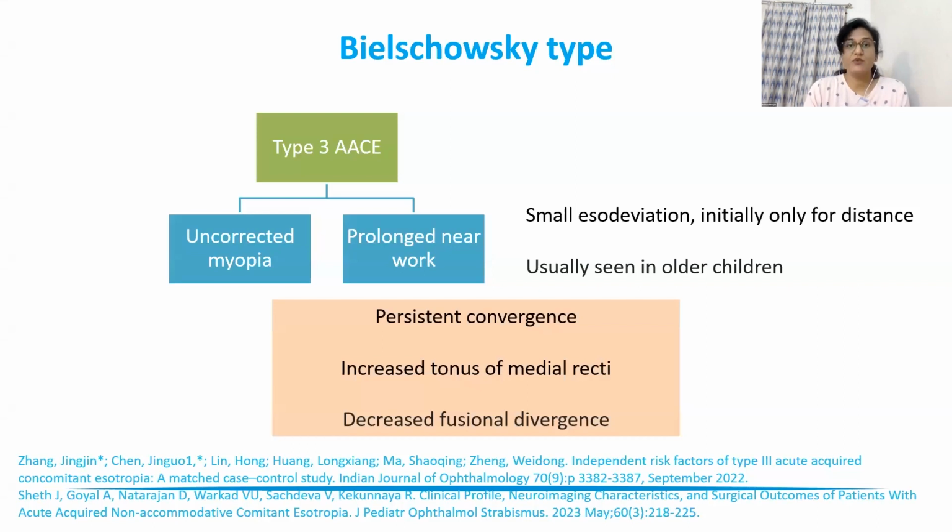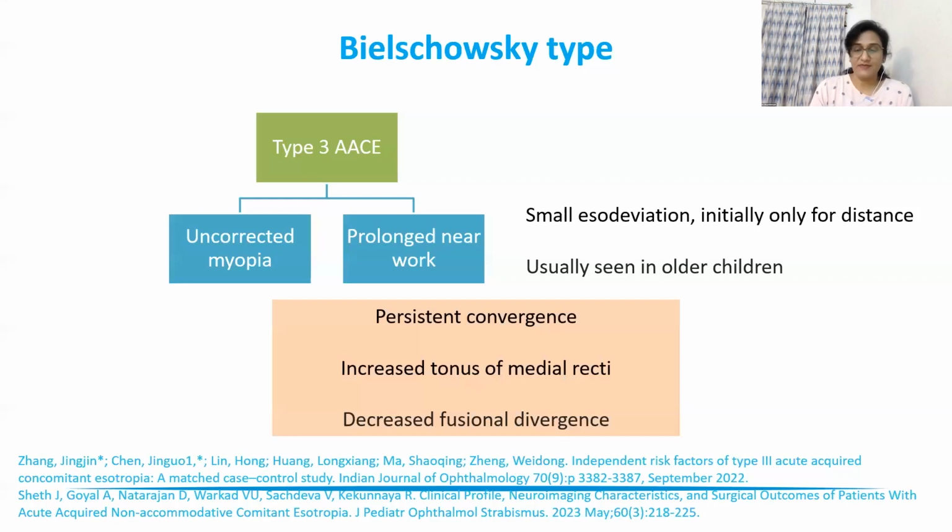For near, the child would still be orthotropic in most cases, but subsequently with time, when the tone of the medial recti continues to increase, then it will result in a state of constant esotropia for distance as well as for near. Now, this condition is reportedly seen more in older children, and definitely they also have a decreased fusional